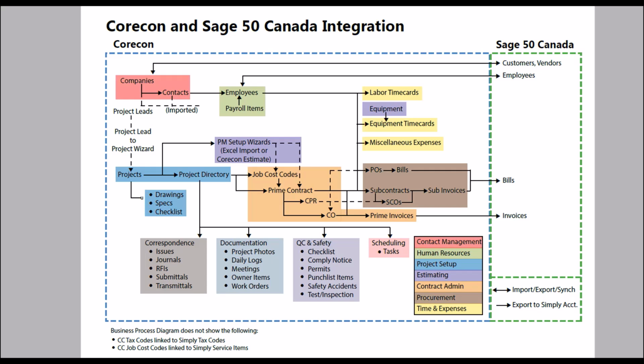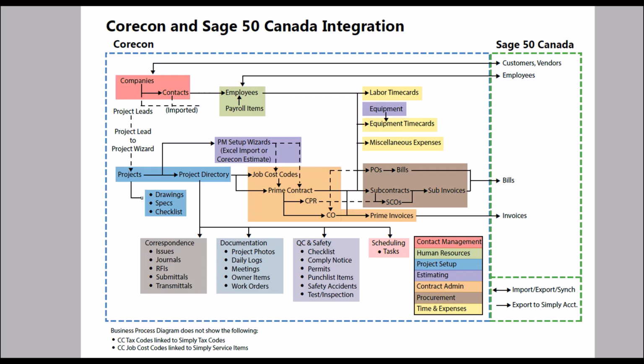In this case, you can see that customers and vendors can be updated between the two softwares. And when some information is updated on one side, you'll be prompted to update that same information on the other. So for example, if you updated an address in vendors in Sage 50 Canada, the next time the CoreCon link process is run, you'll be prompted to make the similar change in the CoreCon side. The same is true with the employees. If information is updated on the CoreCon side, you'll also be prompted to update that on the Sage 50